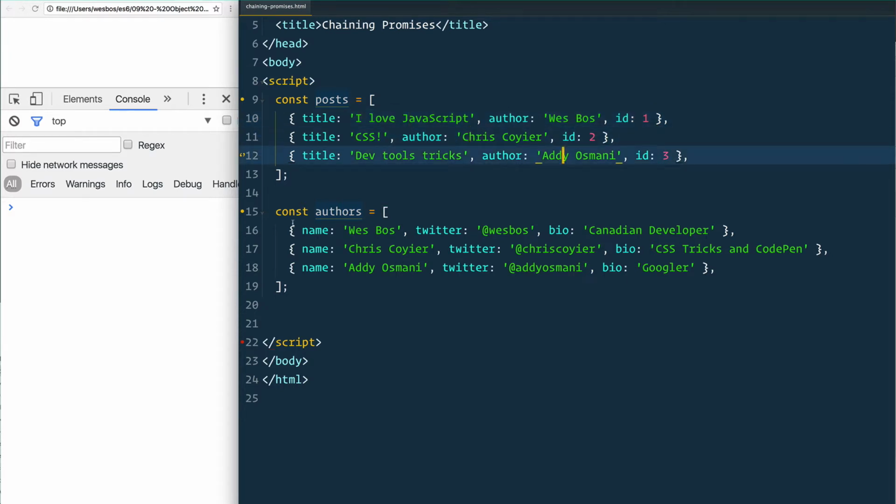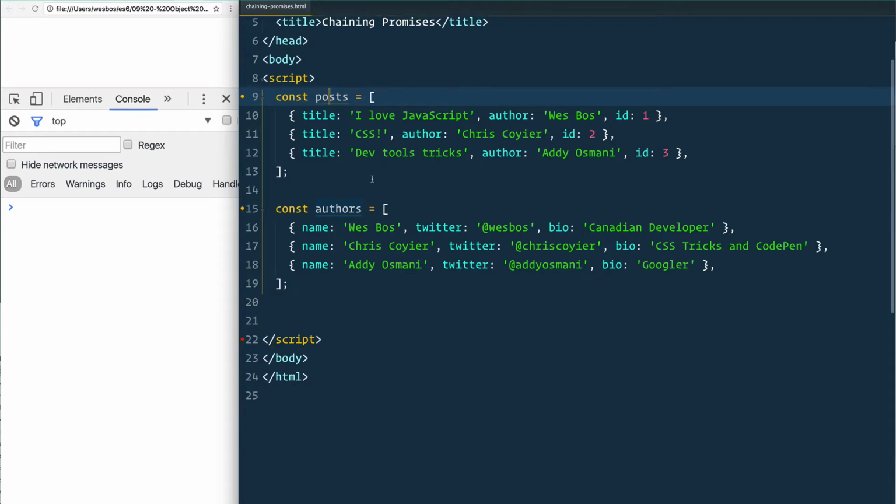Then there is also another table that contains the authors. It tells you who the author's name is, but if you want more information about the author, like their Twitter and their bio, then we have to go to a separate table. So just imagine that these two arrays here are like a database, and we're going to simulate ourselves connecting to a database, which won't be accessible immediately to us,